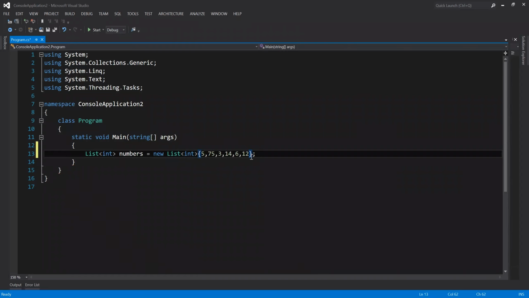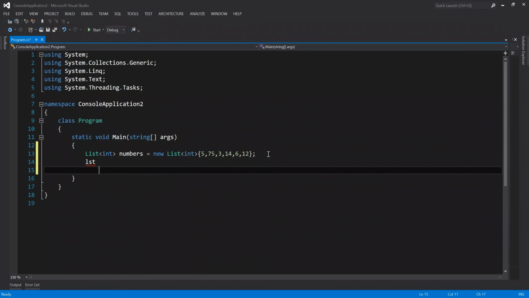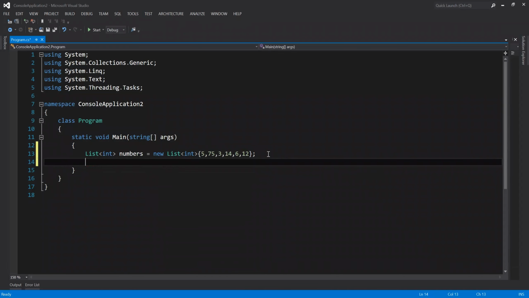So with this order, I don't need to add, for example, numbers.Add. I don't need to add one by one my numbers. I already defined all of them here in front of my list in the same line. So now if we just Console.WriteLine the numbers,